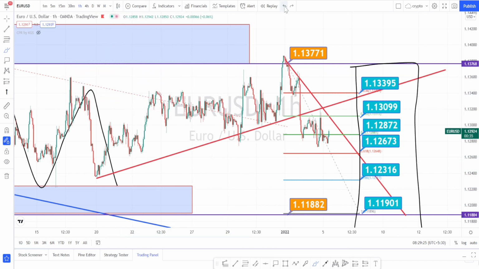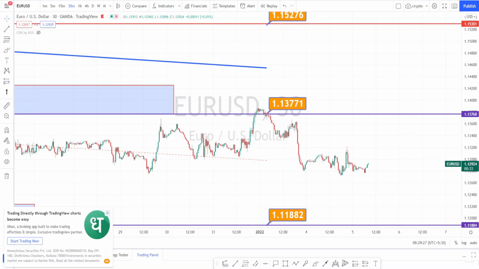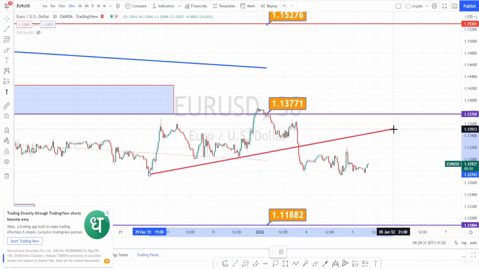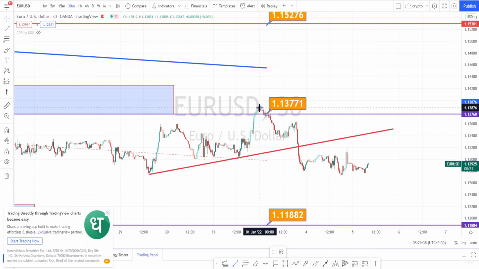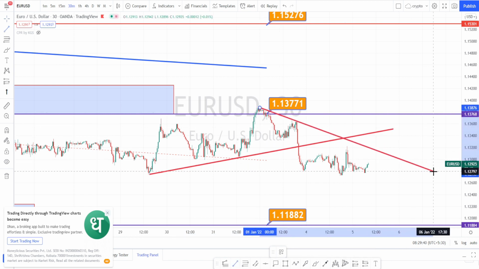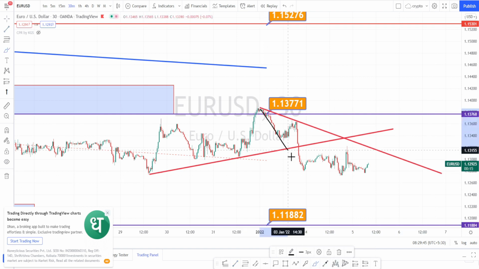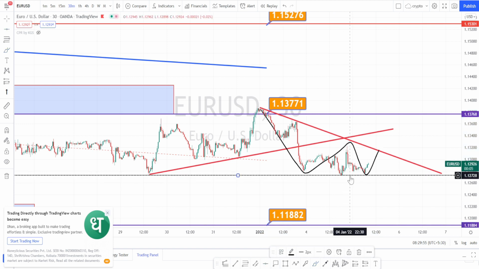Let us do the analysis in 30 minutes time frame. I am in 30 minutes time frame now. Here also it was on a very nice bullish trend, and as explained in the hourly time frame, currently the trend reversal has happened and it is in a very nice bearish trend. It has gone down and retraced, again gone down and retraced, but currently when we notice the price action, it is finding difficulty to break this support level.